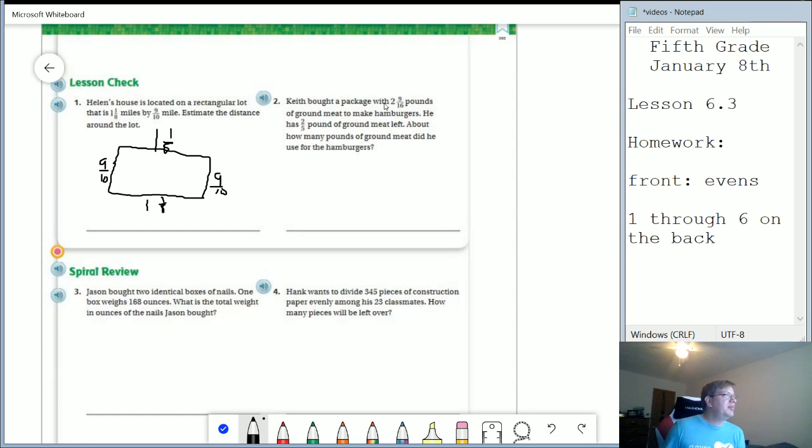The next one, we bought a package with this much ground meat, and then we have 2/5 of a pound left. And so we want to figure out how much we used. We're going to use benchmark fractions to help us find an estimate for that. Number 3